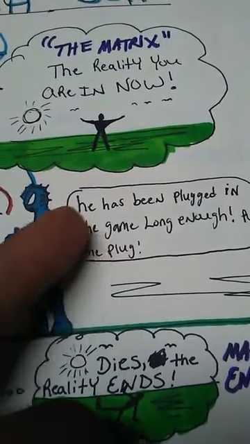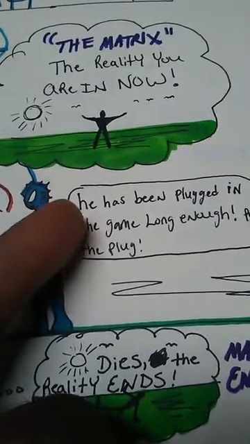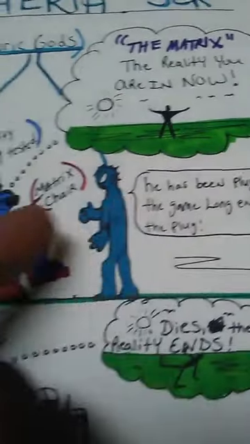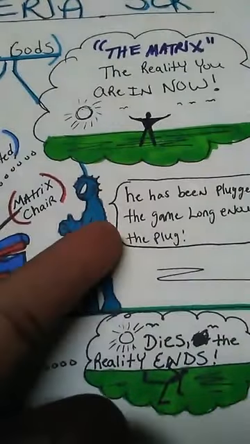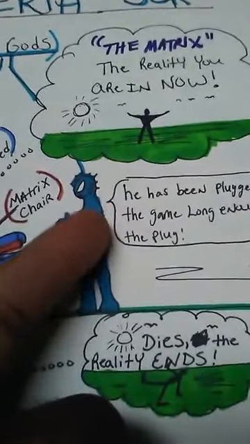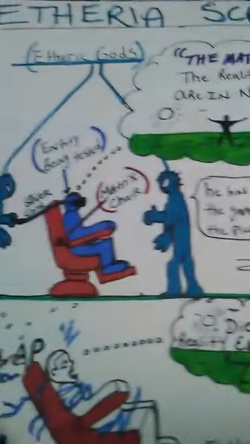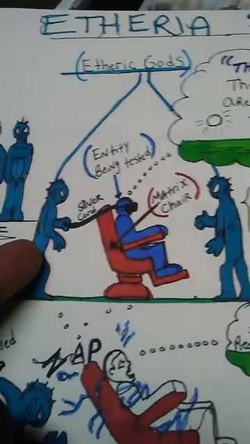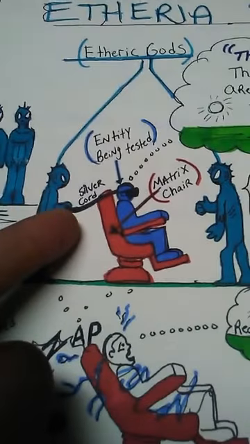So once they decide that, okay, you've been in this simulated environment long enough. You've been in this chair long enough. You've been plugged up to this virtual reality long enough. The etheric God tells one of the etheric beings, he says, pull the plug. Okay. So once these etheric beings pull the silver cord, I'm going to show you this in the Bible.